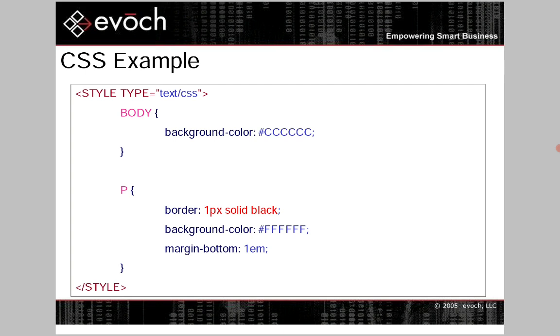Next p, bracket open, border: 1px solid black; background-color: hash ff; margin-bottom: 1em; /style. So by using the style tag,